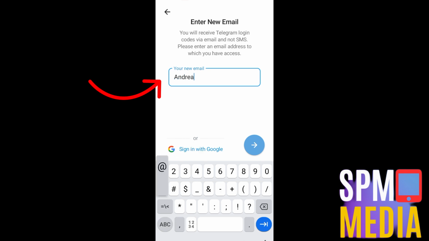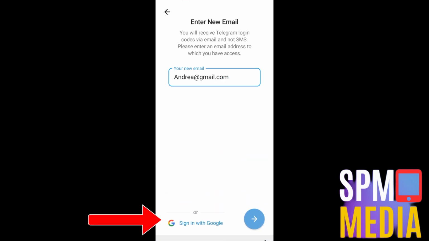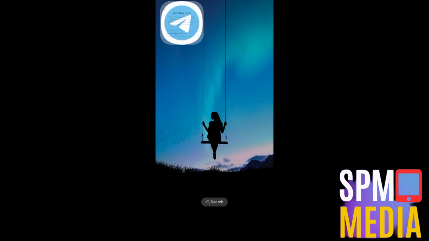Or you can also tap this sign in with Google if you don't want to type your email address. So you can tap this sign in with Google and click this arrow facing to the right to continue or proceed. So once you have typed or proceeded with adding this new email address to your Telegram, then what you're